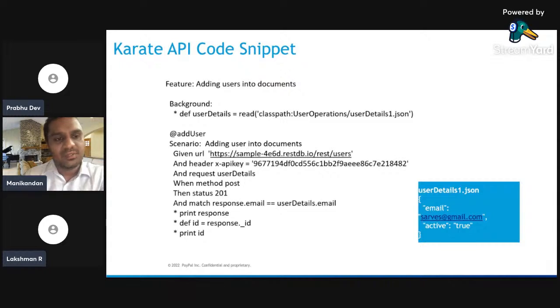Just matching response.email equal to user details.email, and I'm printing the response. If I want to store some information, I will use the def keyword all over the feature file. If you want to use this variable, we will store it and reuse it again. And this is all about the Karate API code snippet.